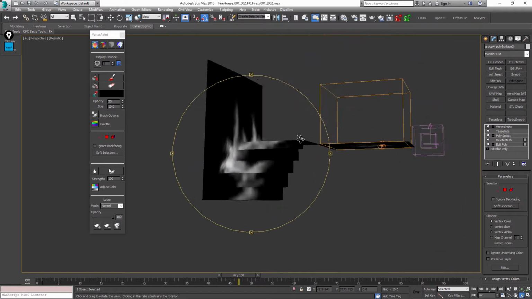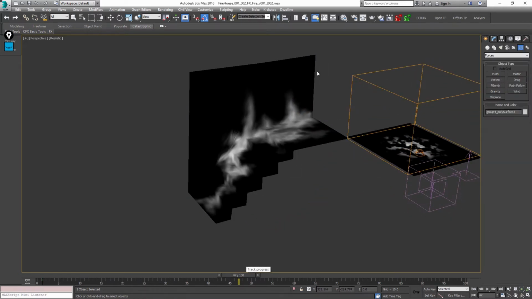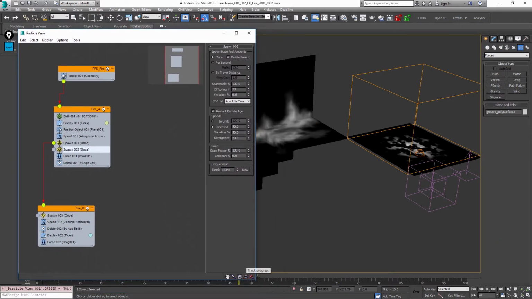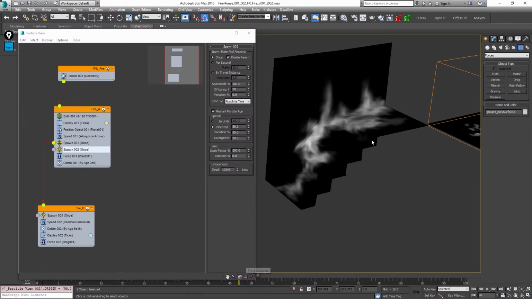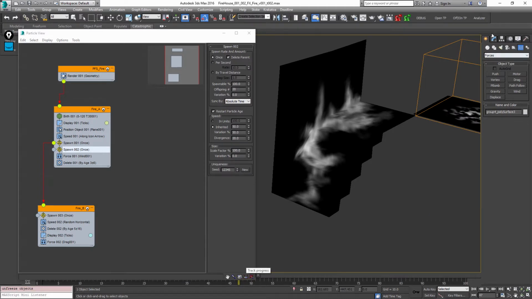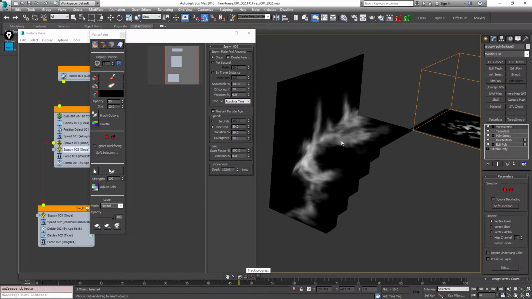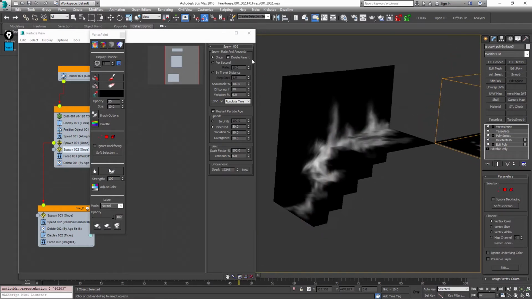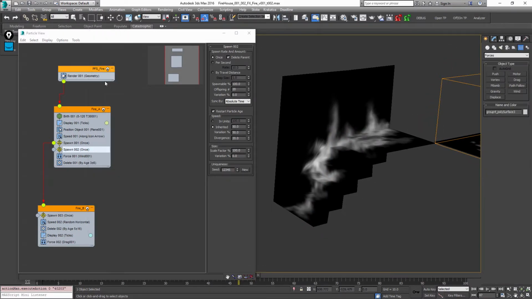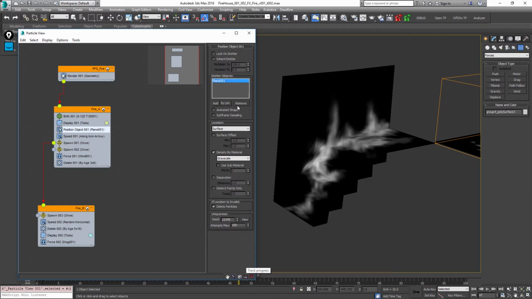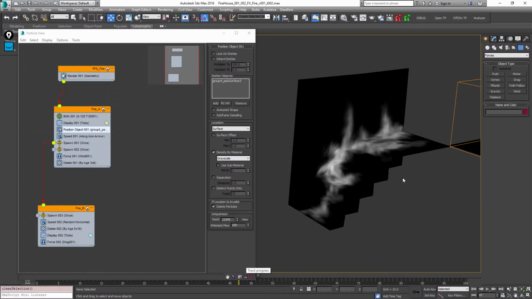But in general, that's kind of what I'm going for here, okay? And by doing that, and by the way that we set this up, we've got a lot of control over it. And so with this, all I literally did is I put in Vertex Color, display unshaded, and initially made it black, then painted in the whites. And at that point, I can go in here. I mean, if I wanted to, I could say emit this. We've got it emitting from the map. We need to set up what we're emitting from, but